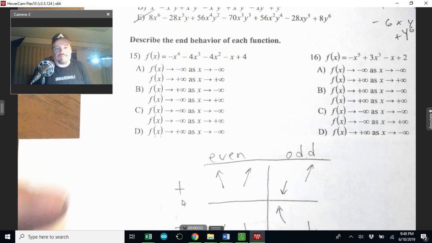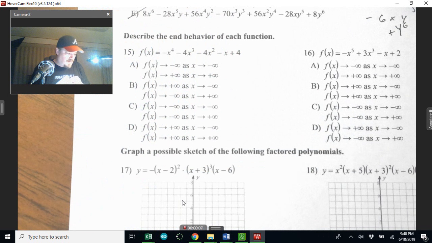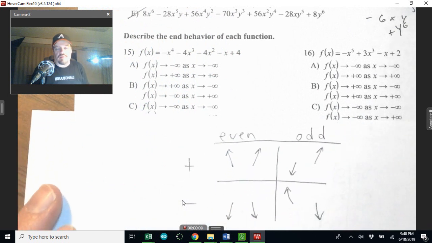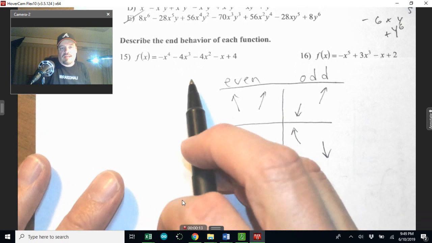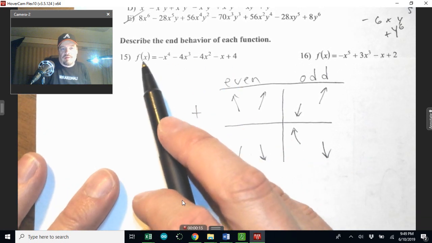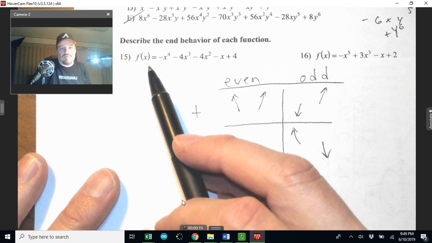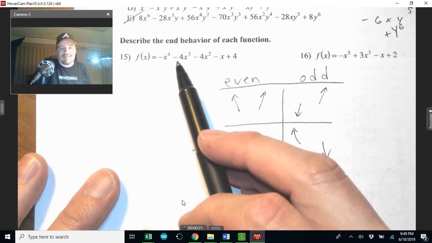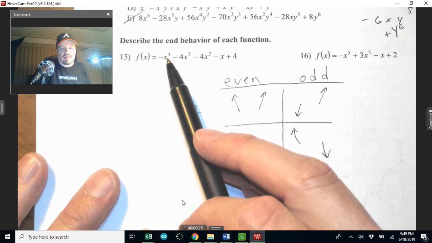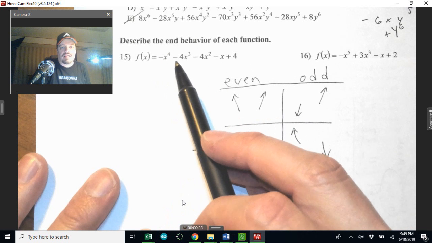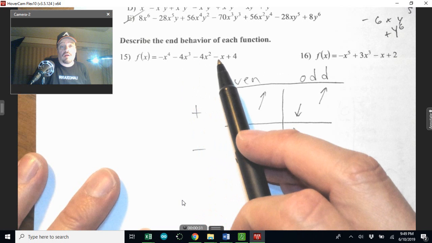So for end behavior 15 and 16, I think we're going to do 15 through 18 in this video. So you want the end behavior of this. Now, hopefully you understand that when you look at a polynomial, this f of x is also y, all right? So f of x equals negative x to the 4. Now, when you want end behavior, this power and this sign right here totally dictate the long-term behavior of this